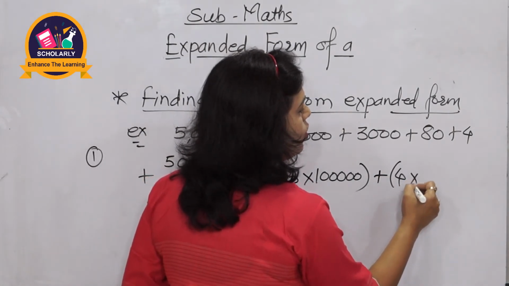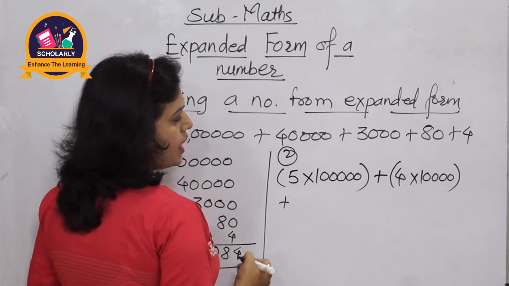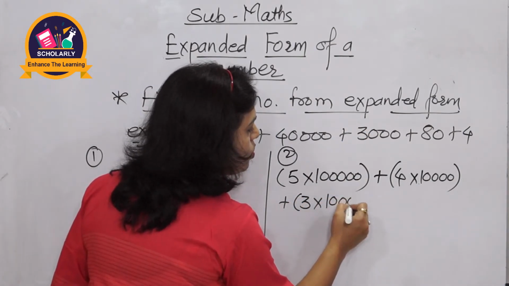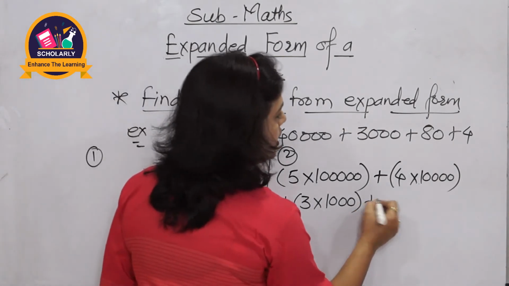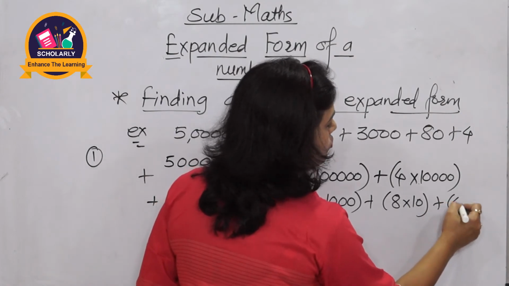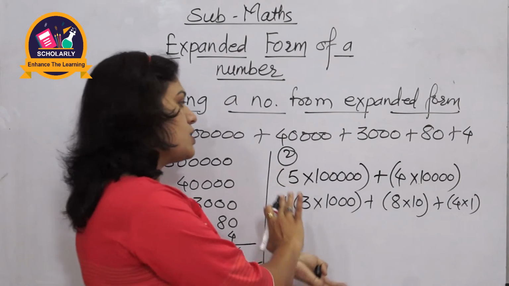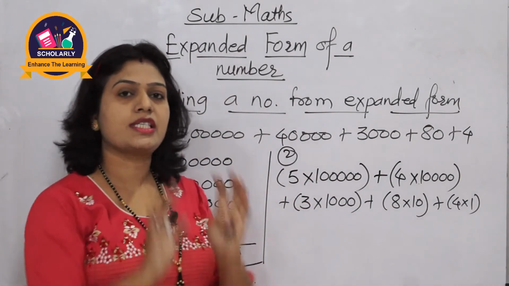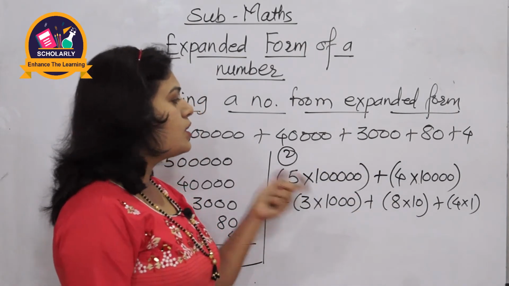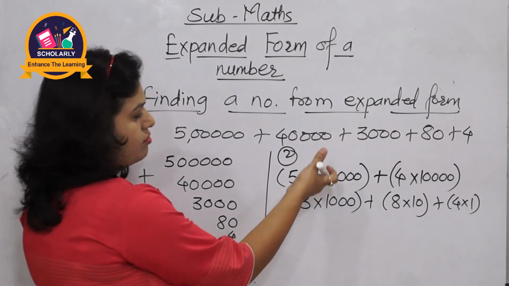I can write here 4 into 10,000. Then again the sign plus 3,000. We can write here 3 into 1,000 plus 8 into 10 plus 4 into 1. Okay, just I have written these numbers in another form. The value is same. So by writing these numbers in this form, the benefit is we can easily see which